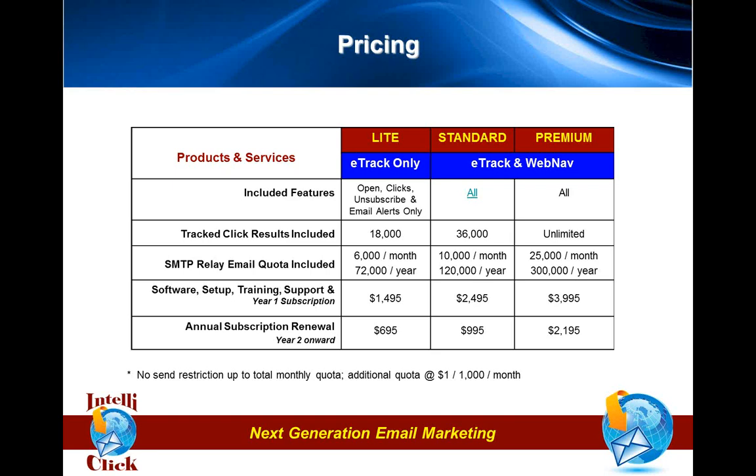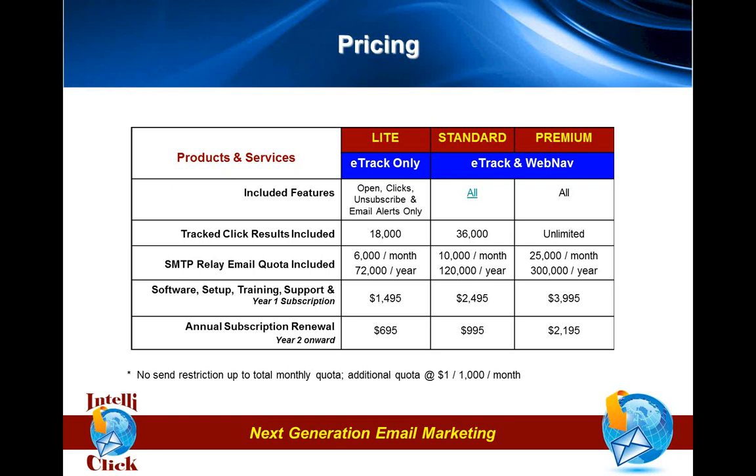It's against the company. It is not tied to how many people use it. It is tied to just an annual subscription. And we do actually have a promotion currently underway on standard and premium. It is till the end of the month, so that's not a lot of time left. But that promotion is for people who currently are using other systems, whether it's Constant Contact or any other type of email system, and you show that you have a license or subscription to these other products, you are entitled